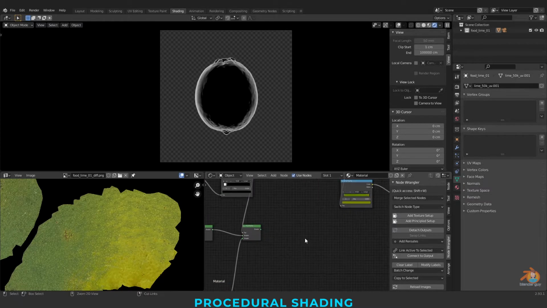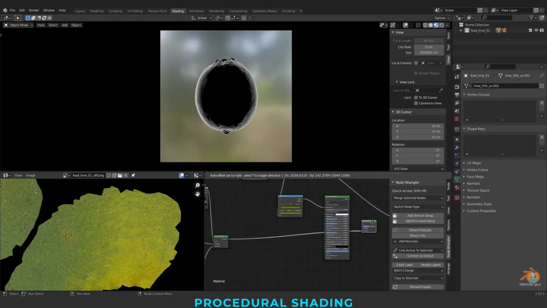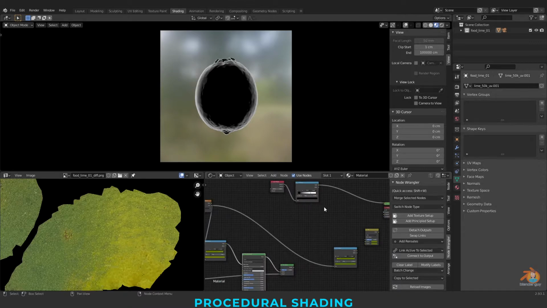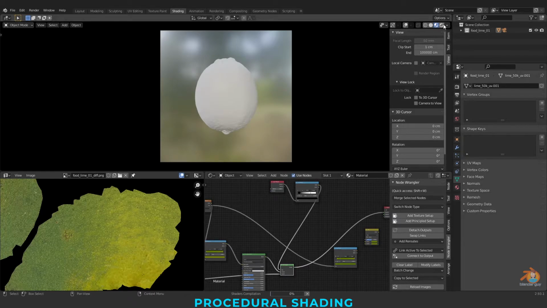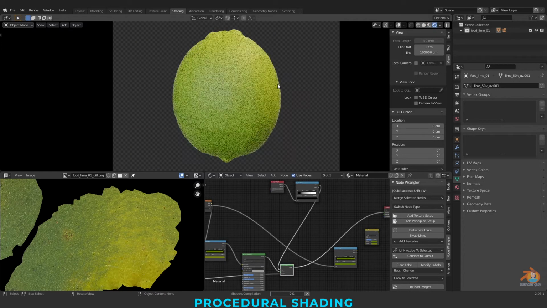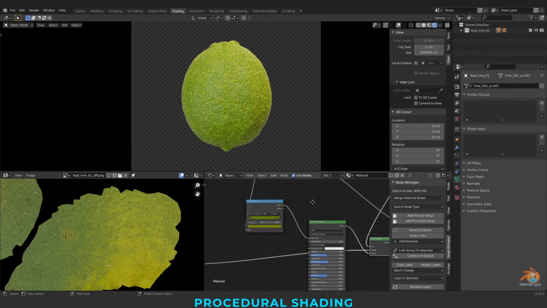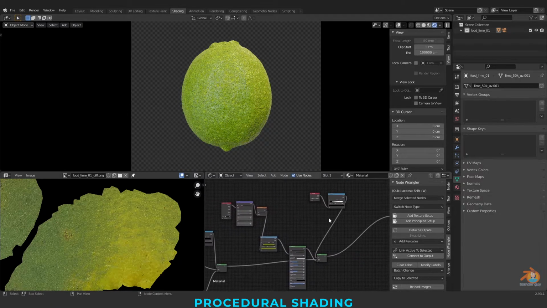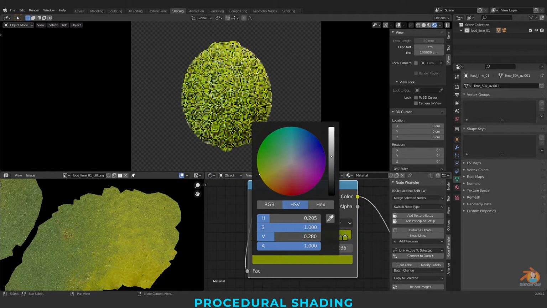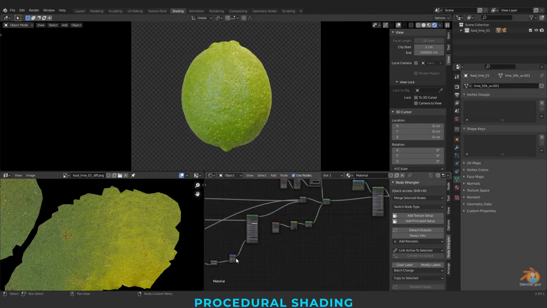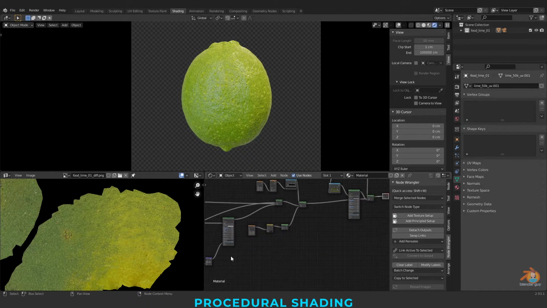So this is our final blend. I'm just copying and paste this. And this is our mask. I'm connecting the same bump to this material as well.